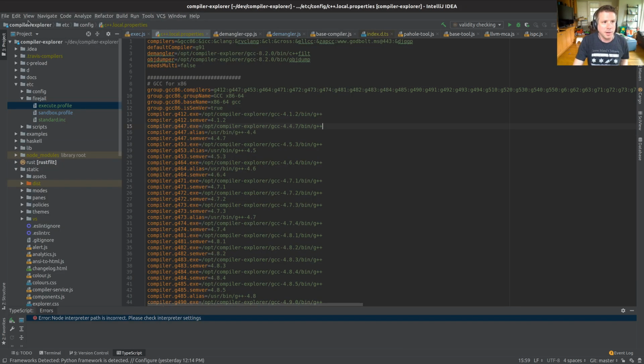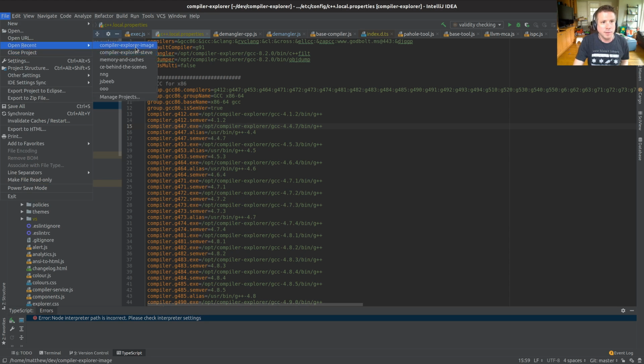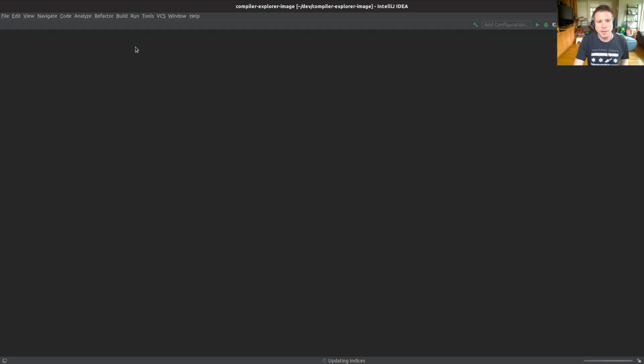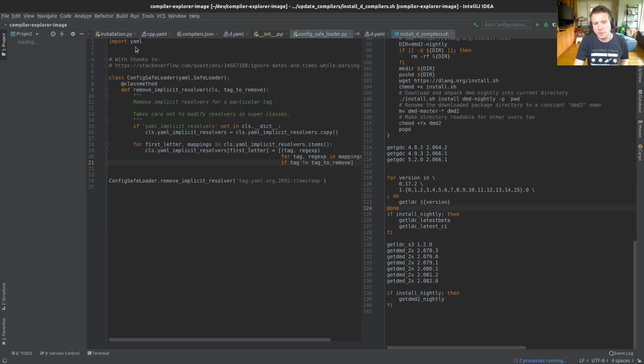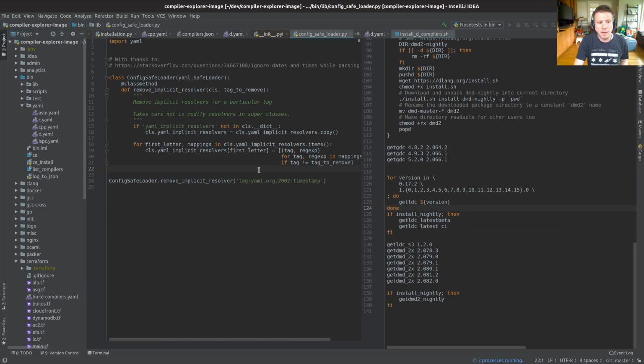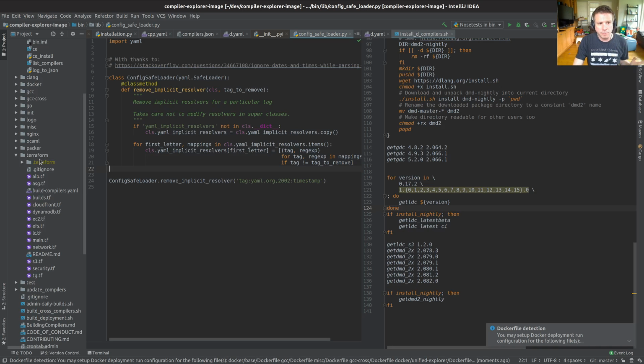The changes are relatively minor. I'm going to leave that alone right now, and I'm just going to go to Compiler Explorer image, which is a separate repository, as I was explaining yesterday, which contains all of the information about how to run Compiler Explorer as a site. Some of which is useful for everybody, like how to build the compilers, how to install compilers into opt Compiler Explorer, and some of it is very specific to just my site itself. One of those, for example, is the Terraform directory here. Now, if you wanted to stand up your own entire Compiler Explorer service on AWS, you could probably use this as a template, but I couldn't promise you that it would work anywhere else.